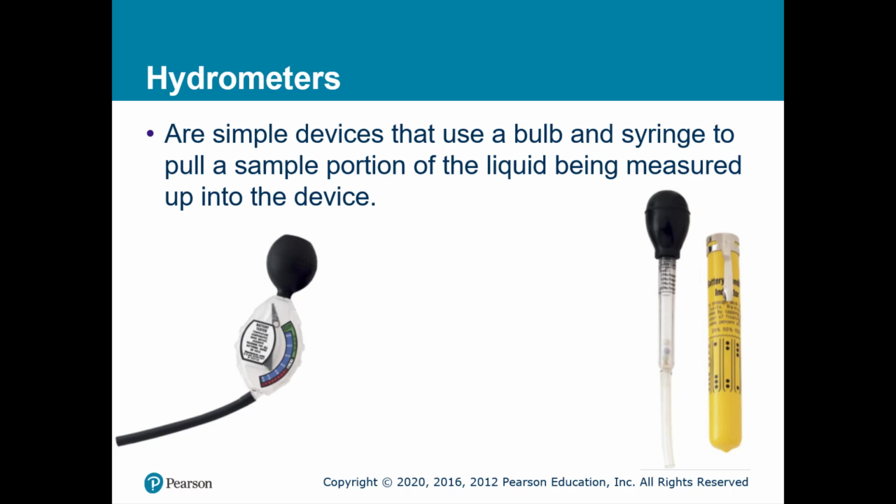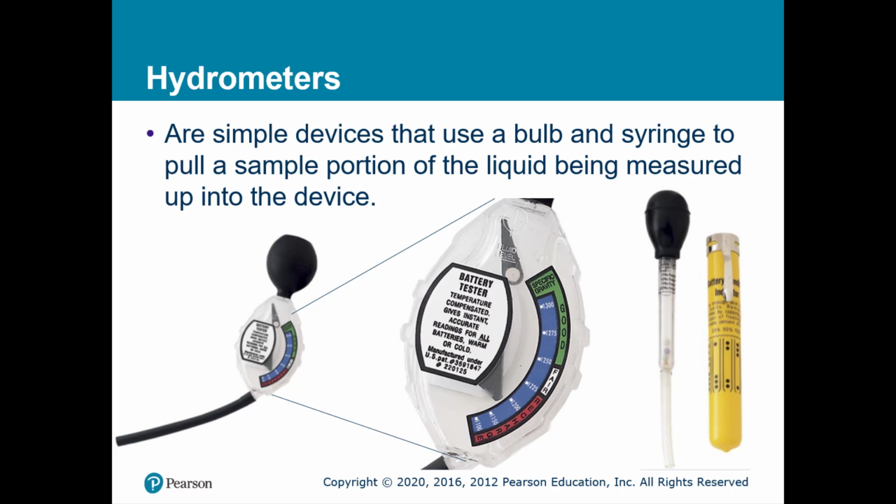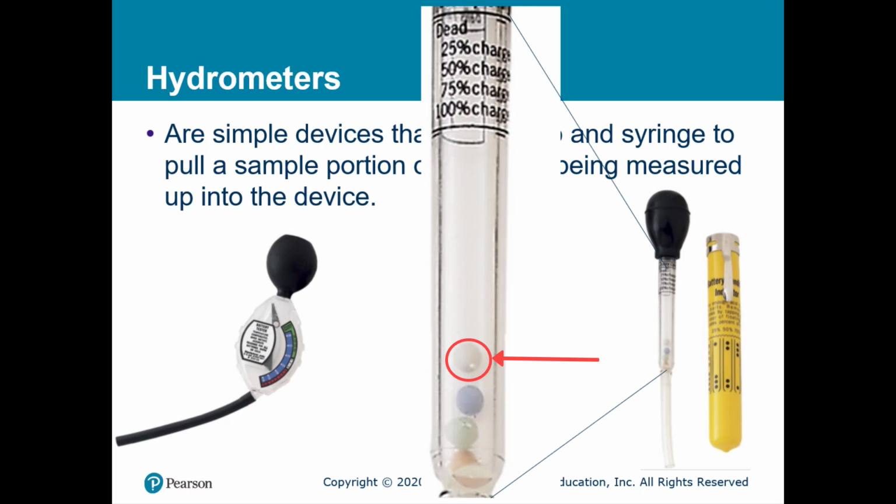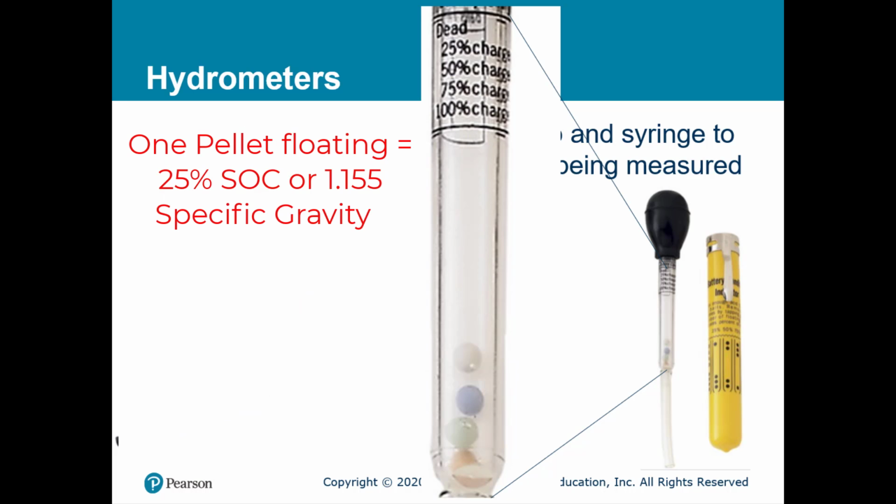Some hydrometers use a needle gauge, like the example on the left. This particular gauge is temperature compensated and does not require interpretation. Other types of hydrometers, like the example on the right, use colorful and tiny floating pellets. If one single pellet were to float at the top while the others did not, this would indicate a 25% state of charge or